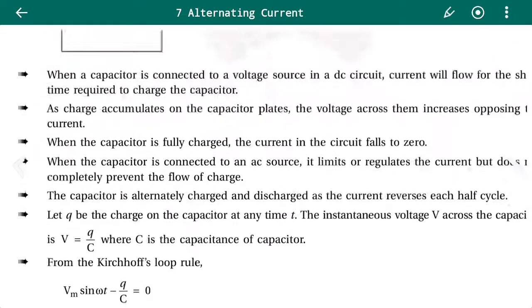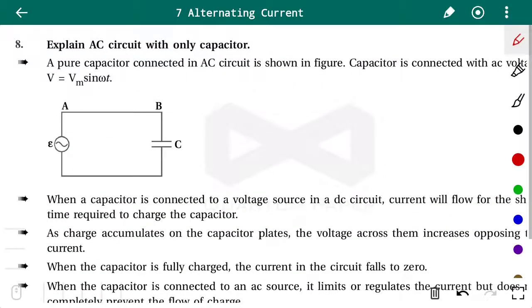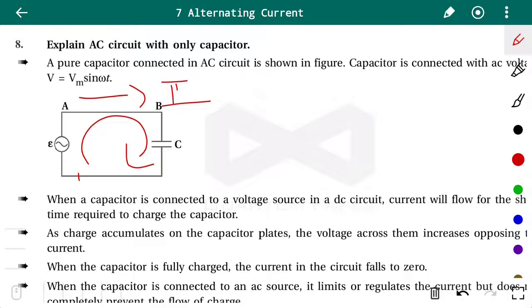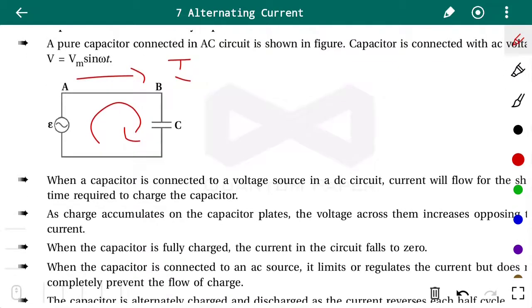Now see, in this circuit we are going to apply Kirchhoff's voltage law. So taking the path clockwise and taking the current direction like this. Current direction is in this way and the path we are choosing is the clockwise path. Now first we will be starting from the AC voltage. So we can write V. Now the path and current direction both are the same, so the sign will be minus.